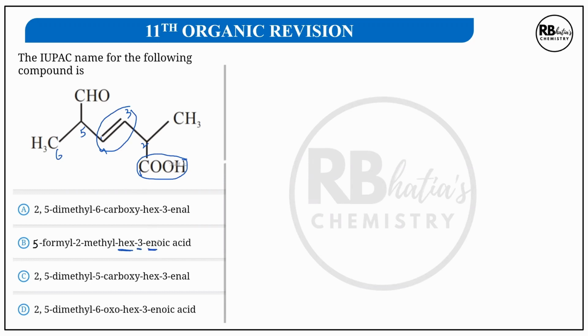En because of the double bond, and the E has been omitted because it's followed by a vowel, O. The fifth position has an aldehyde group, which, when present as a lower priority functional group, is prefixed as formyl. This is all in your NCERT tables. So 5-formyl, 2-methyl, hex, 3-enoic acid. The correct answer is option B.